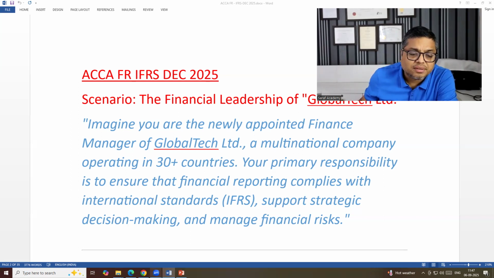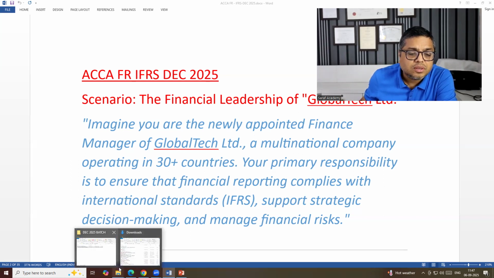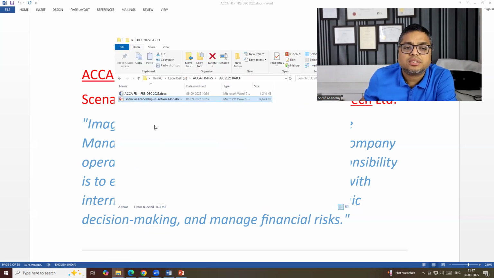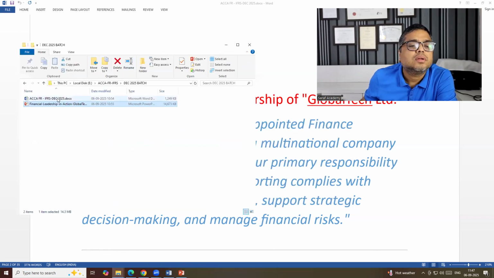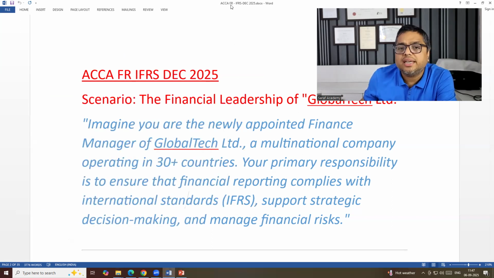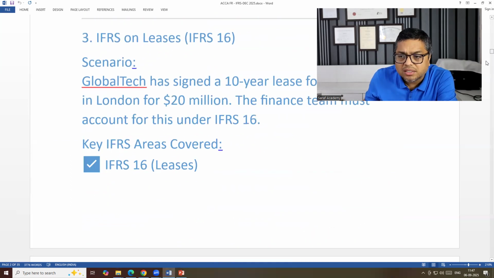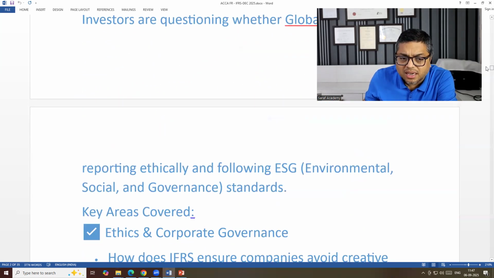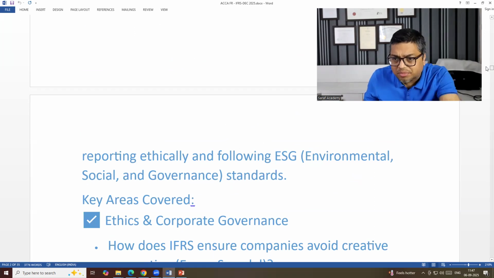We will be referring to files for practicing questions. One is this file, which is written as ACCA FR IFRS December 2025. This is the file where I will be preparing some notes in advance, and while teaching in the class, I will be writing something.